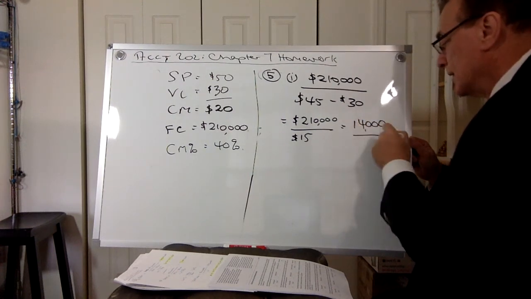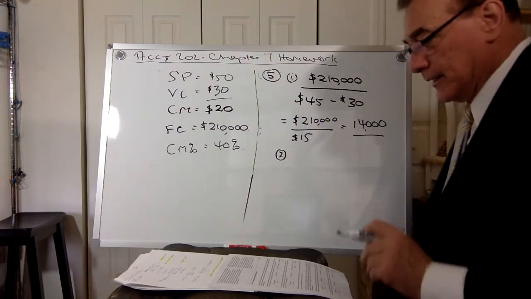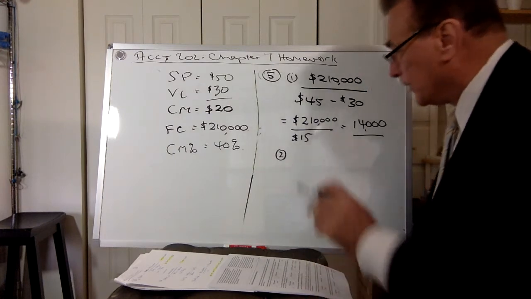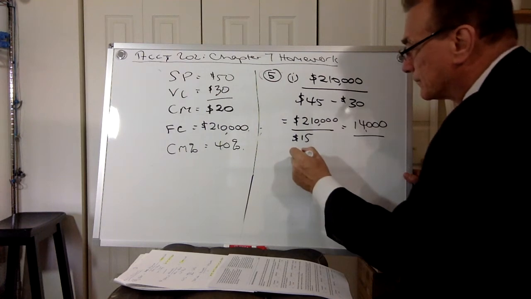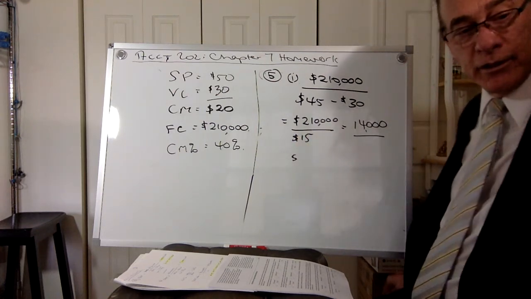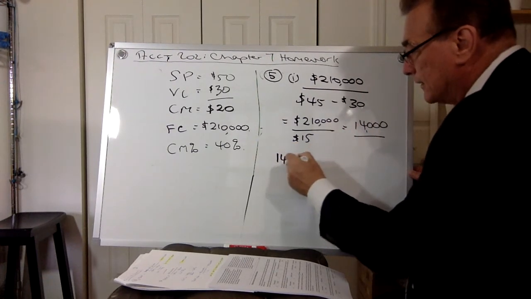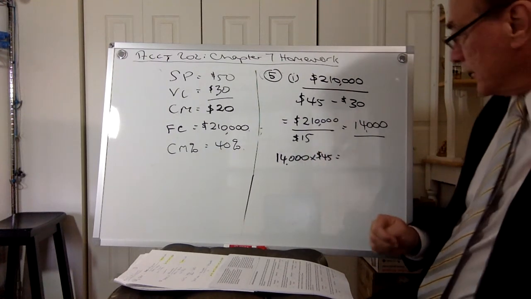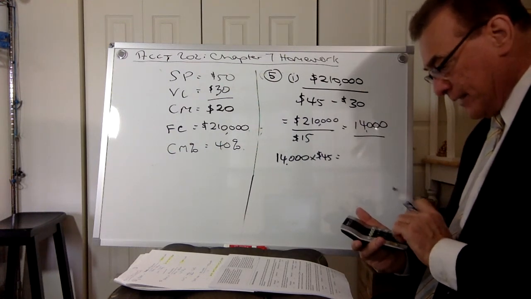All right, 14,000 is your answer to that one, part 1. And then for part 2, compute the new break-even point in dollars. Okay, so for dollars, you do your 210. Now, again, let's do it the quick way first, just to get the answer. So 14,000 tickets, they've got to sell to break even. They're going to sell them at $45 each. And so 14,000 multiplied by 45 is